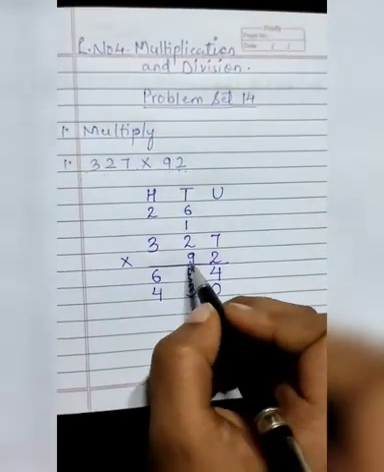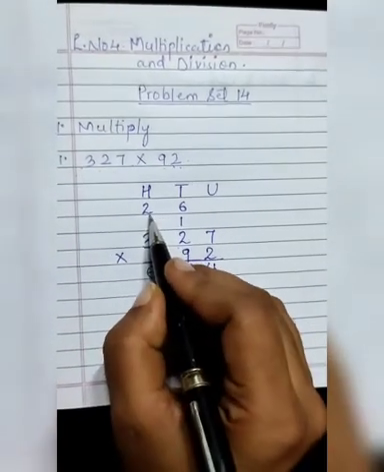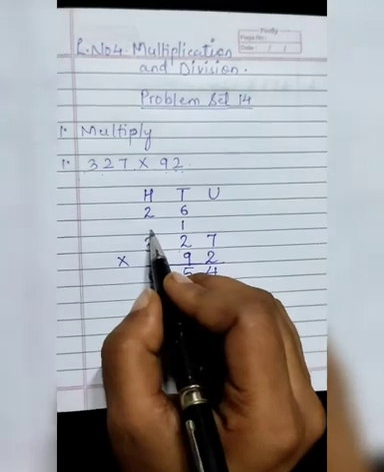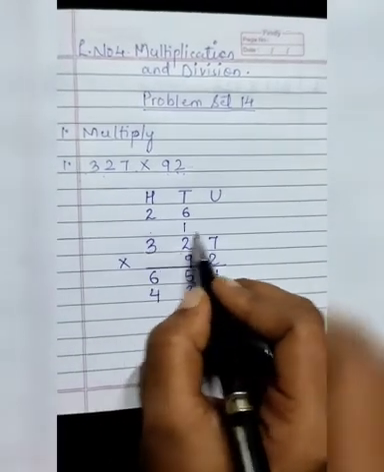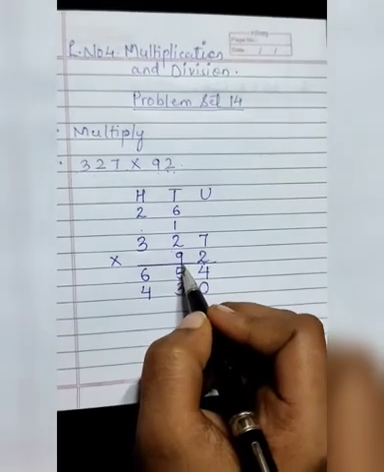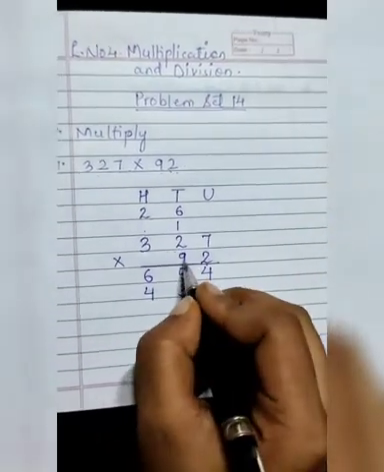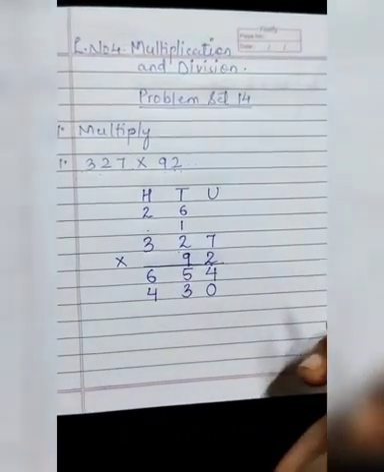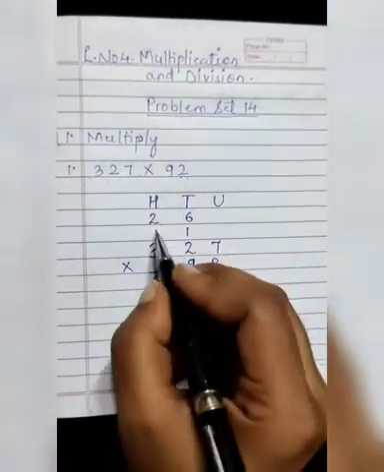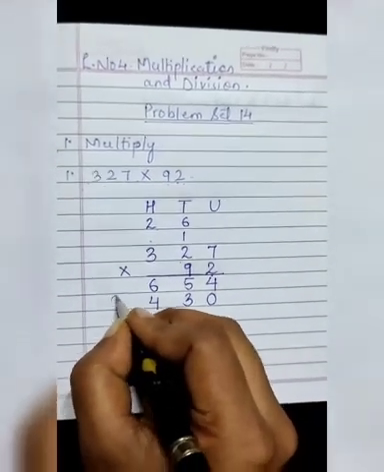Now students, when you multiply the second number, always give the carry on the second line. Do not give it on the first line. As we have used it for this number, now we are multiplying this number. So always write on the second line. Now 9 threes are how much? It will be 27. And plus 2, it will be how much? 29.